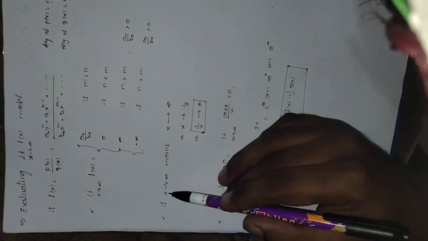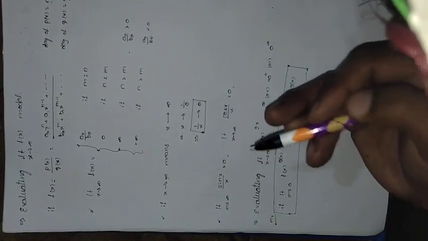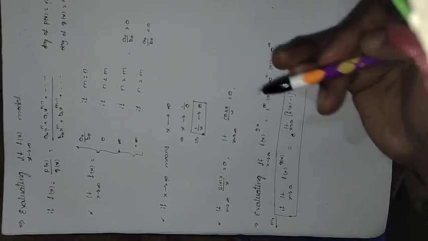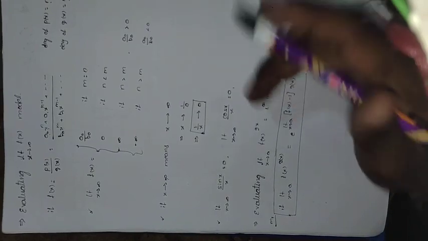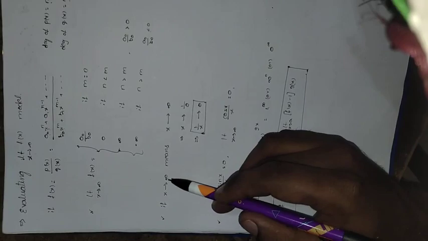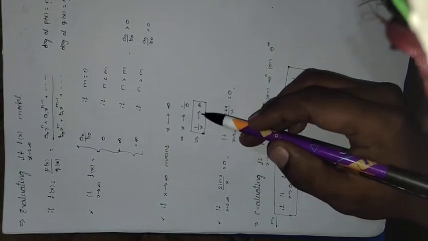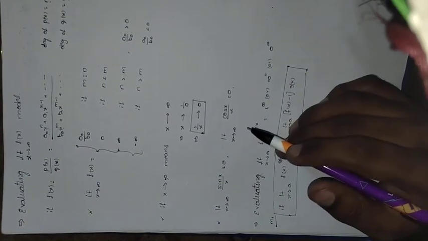That is why, if the limit is x tends to infinity, we have to convert the function into 1 by x terms. If the function has x tends to infinity, we convert it into 1 by x terms. If a 1 by x term is involved, that 1 by x term becomes 0 when applying the limit. So for limit x tends to infinity, we should convert the terms into 1 by x form, and those should be taken as 0. That is why I am giving this clarification.